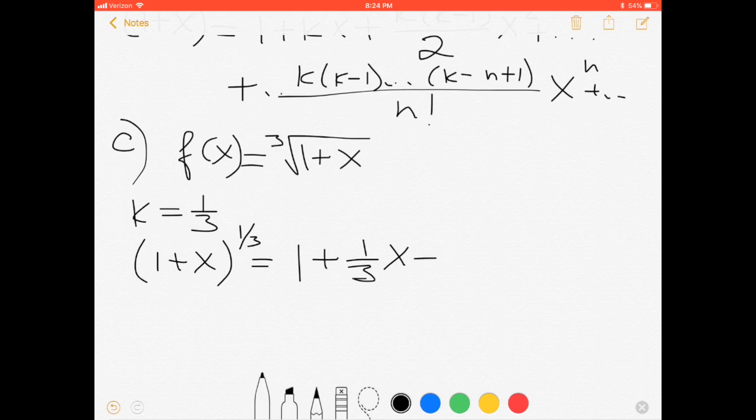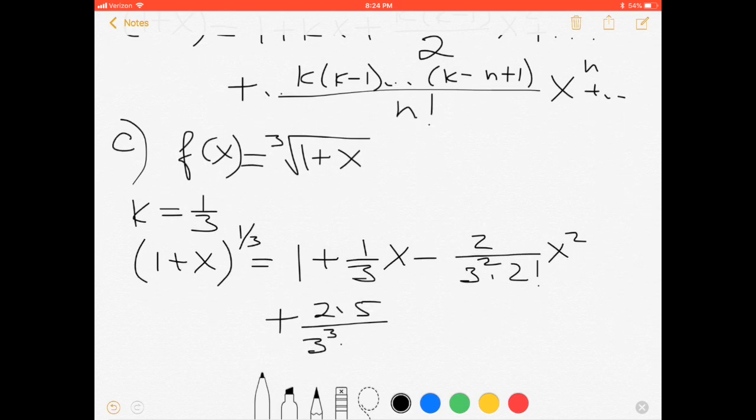minus, here we need k multiplied by (k minus 1), this means 1/3 times minus 2/3, and it gives us 2 over 3 squared, then 2 factorial here and x squared. Next term will be plus 2 times 5 over 3 to the third degree, 3 factorial, and this will be x cubed, and you can continue